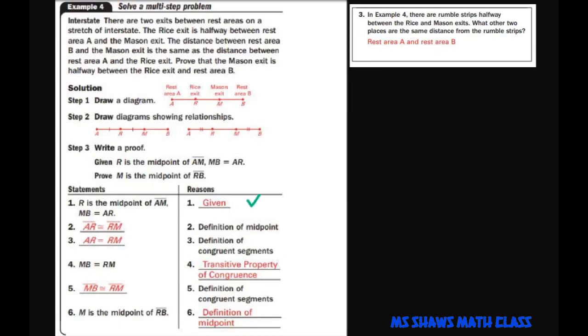R is the midpoint of A and M, and then definition of the midpoint, and so forth. So look through that and I'll let you do this one on your own by looking through that. It looks hard, but it's really pretty easy. And finally,